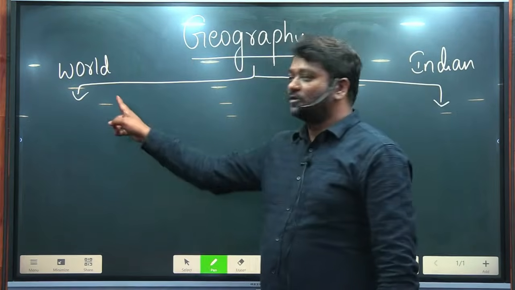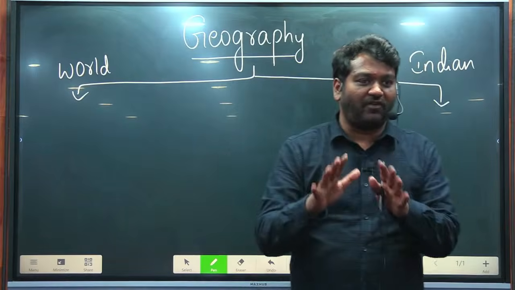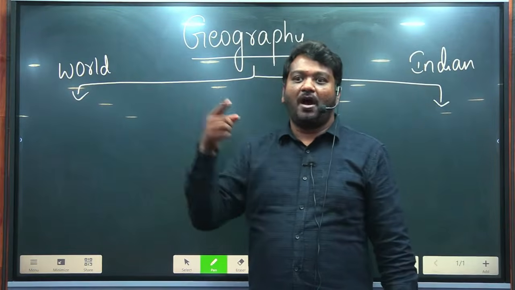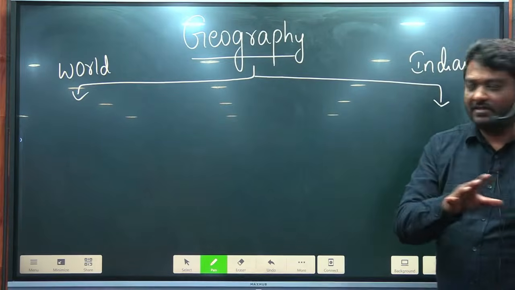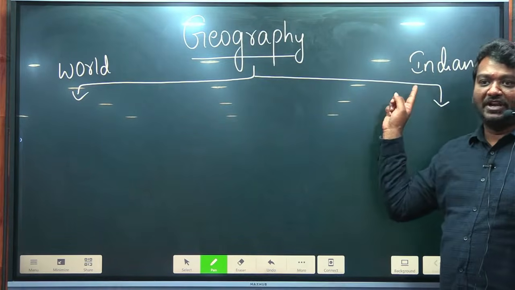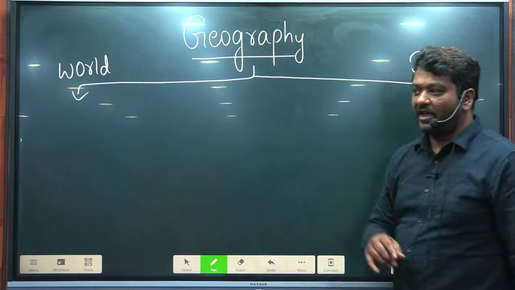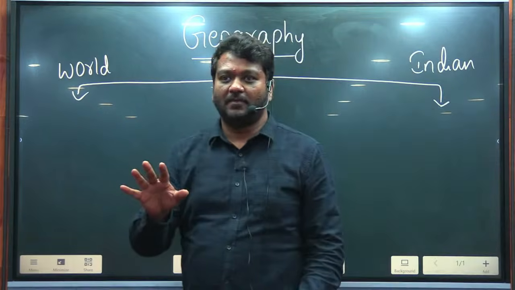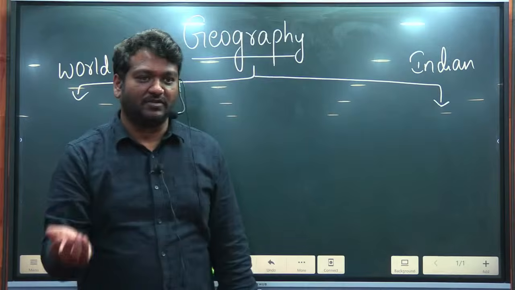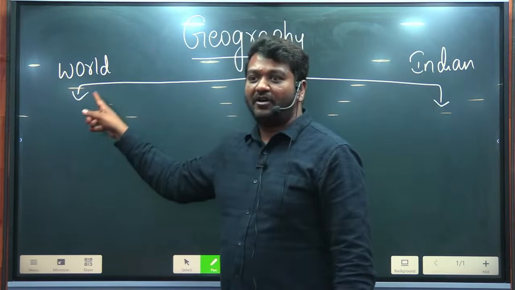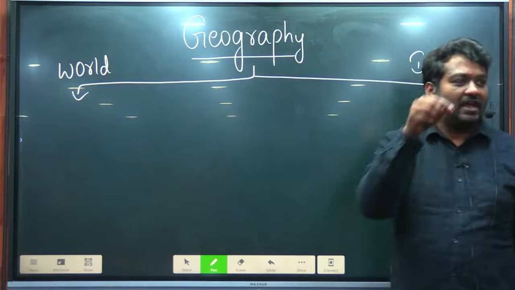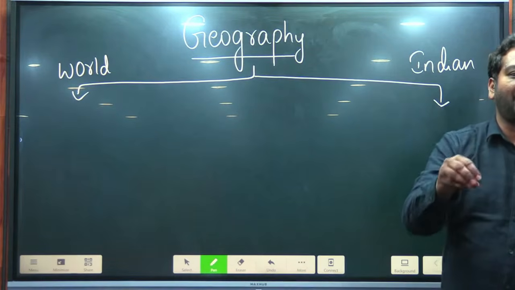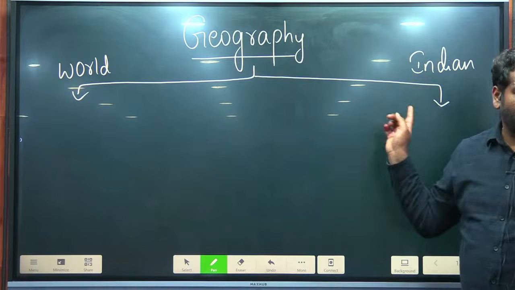So, the process is this: how a mountain is formed is world geography. How the Himalayas are formed is Indian geography. Anything applied to India is Indian geography. Can I say everywhere things won't be the same? In different areas it will be different. So in the world we will see how it occurs, and in India we will see exactly in which place what happens. That would be the difference, okay?